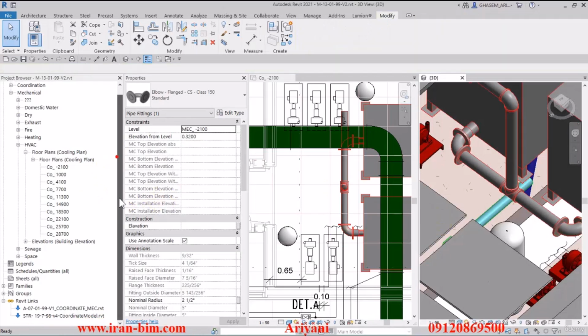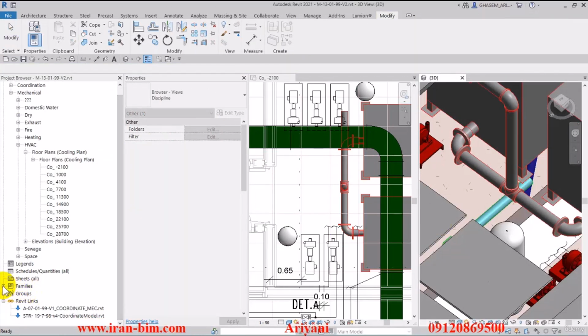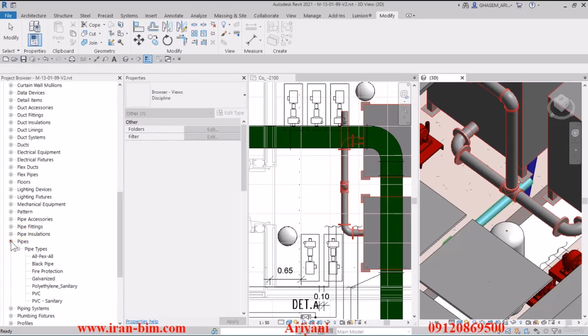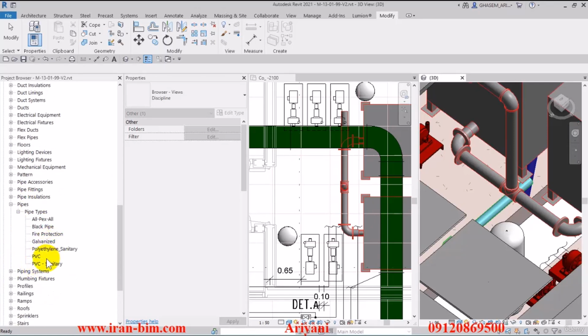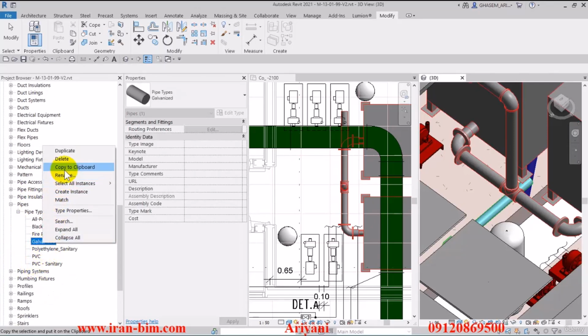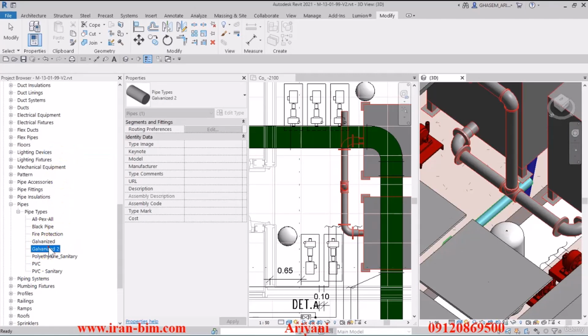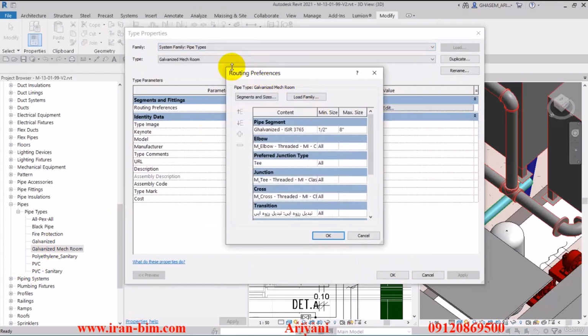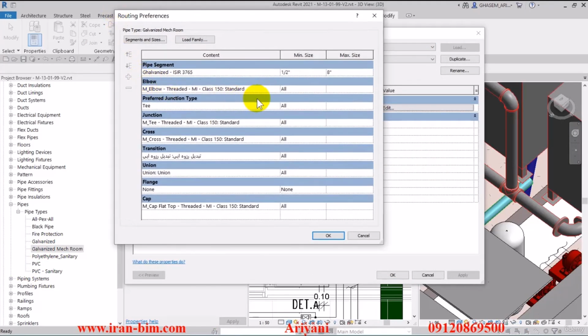Then we go back to the pipe section, and this is based on your knowledge of MEP. So we open up the pipes and create a duplicate of the galvanized, and I'll name it something different. For example, galvanized, short for mechanical room. All right, and then I'll open up the type properties, click on edit, and then here in the routing preferences